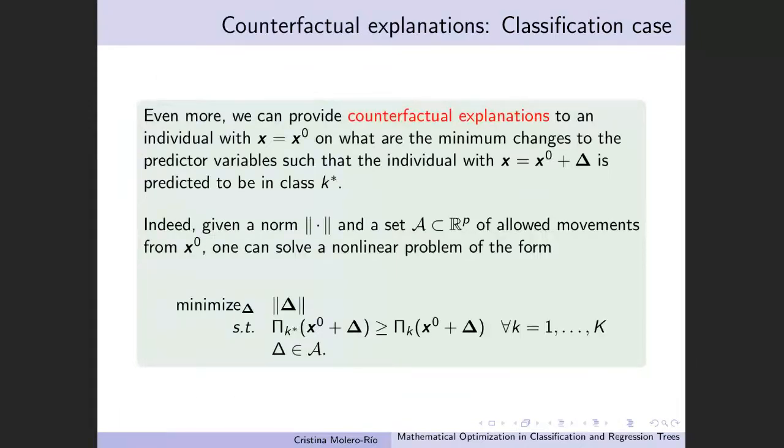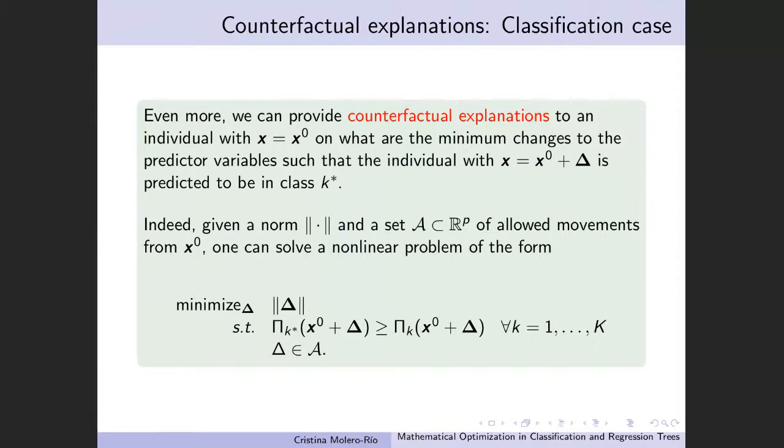Even more, we can also provide counterfactual explanations. We have an individual with predictor vector x0, and we wonder what are the minimum changes to the predictor variable such that the individual is predicted to be in another class k star. So indeed, if we define a norm and a set of allowed movement from x0, one can solve a nonlinear problem of the form that is shown there. And these two characteristics are because of the smoothness of our